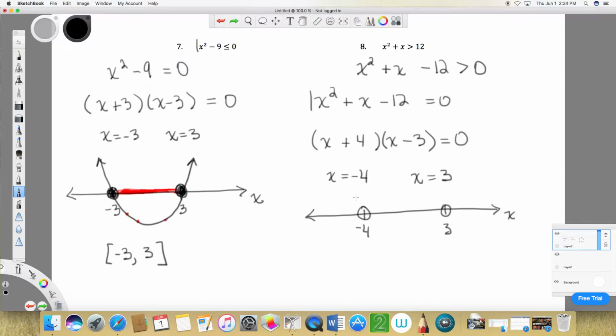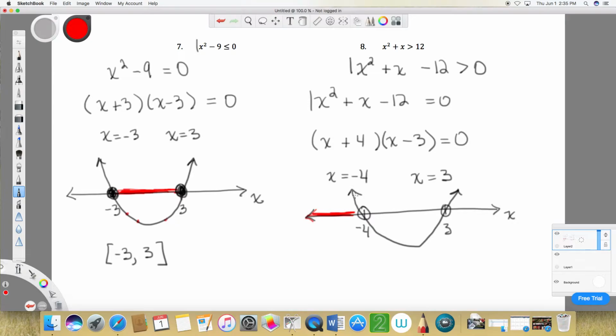above the x-axis. So if we sketch our parabola, and we know this parabola opens upward because our leading coefficient, this 1, is a positive number. Had it been negative, then the parabola would have opened downward. So it's opening upward, and I want the y-coordinates to be bigger than 0. I want to be above the x-axis, and that's going to happen when we have x values that are